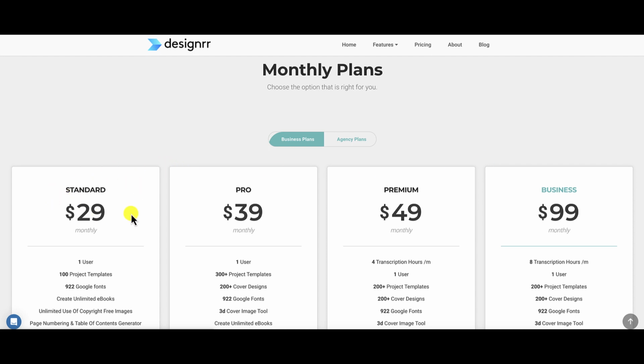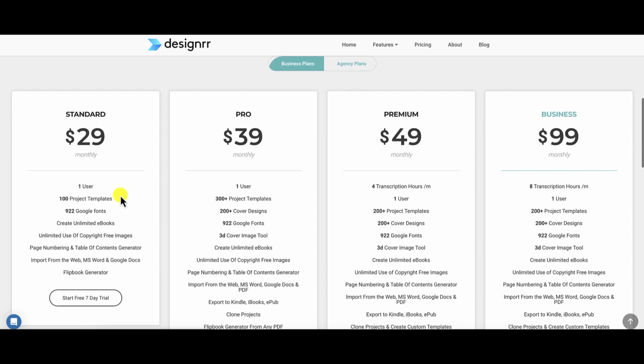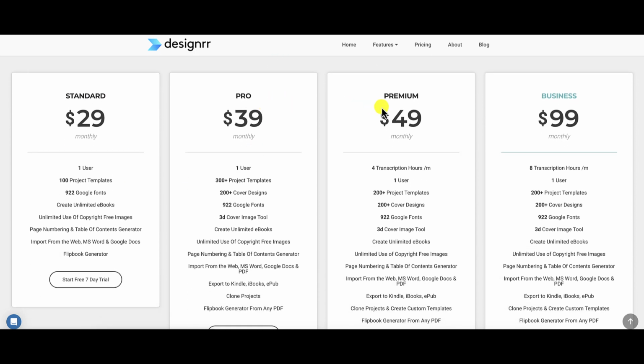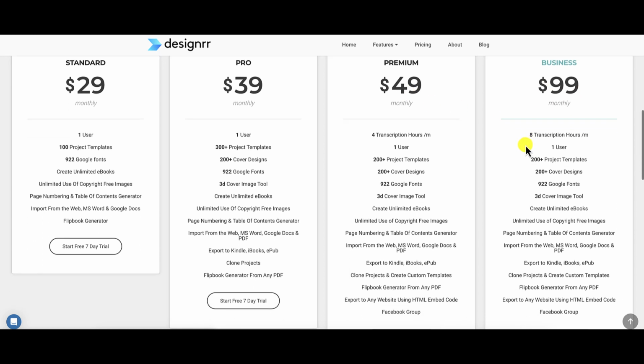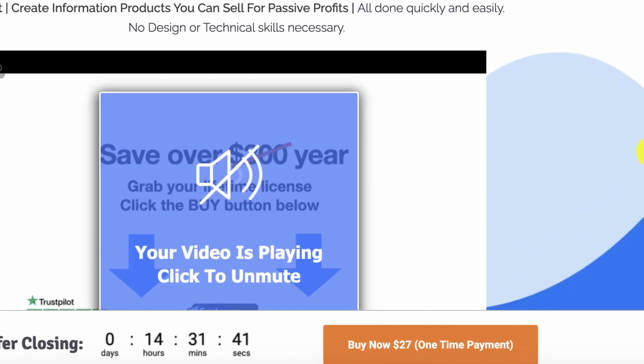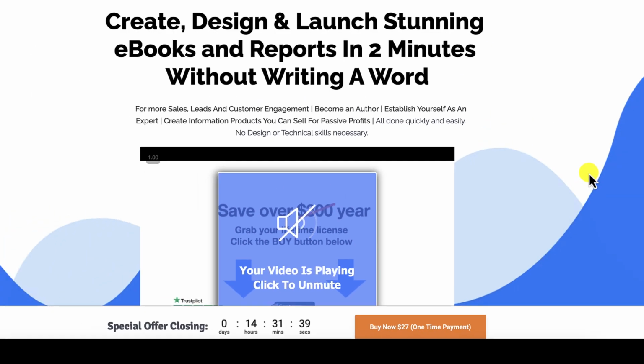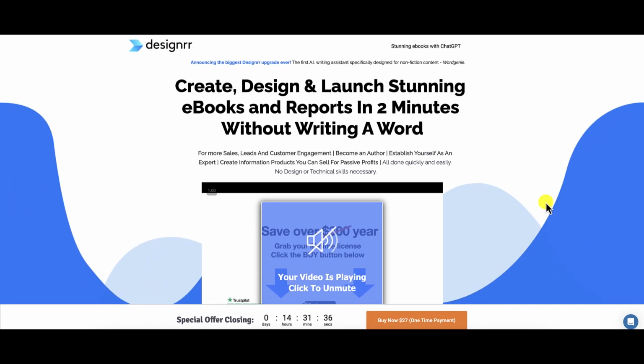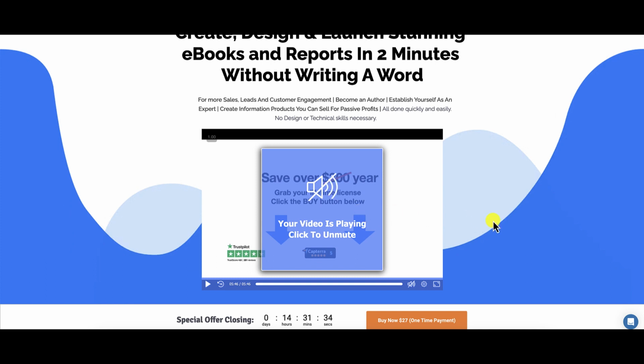The standard plan is what I purchased at a one-time price, but you can see they charge $29 per month. They also have a pro plan, a premium plan, and a business plan. And depending again on what you need, you can access any of those plans. However, when you click on a link below, you will get access to this. This is Designrr's special one-time promotion for $27, one-time payment. You get access to the standard plans. When you come to this site right here, please watch the video so you can learn a little bit more